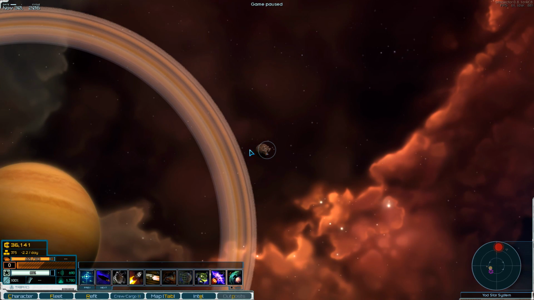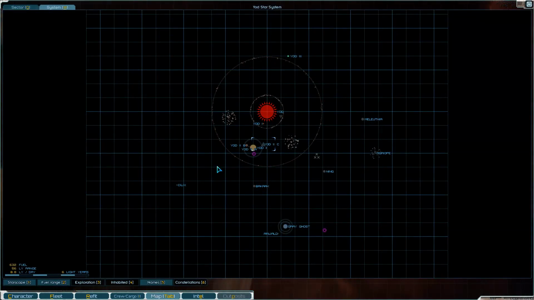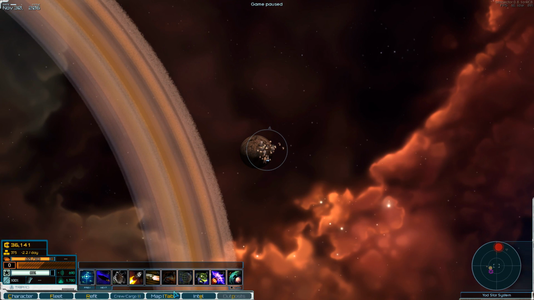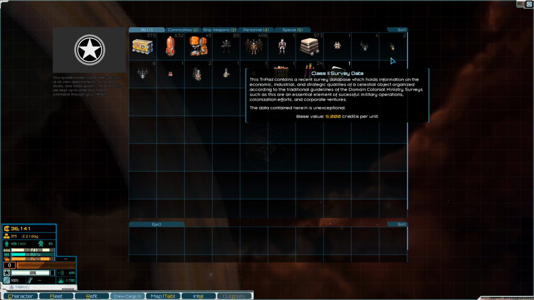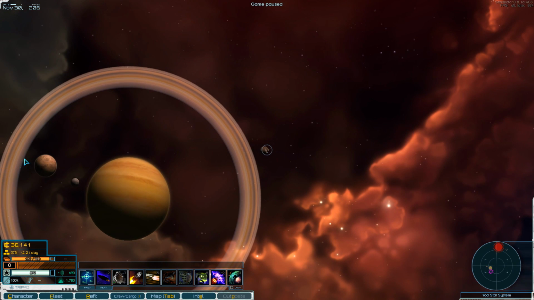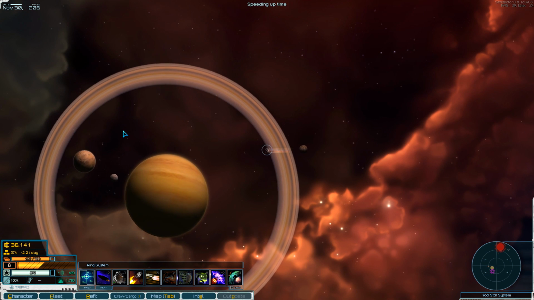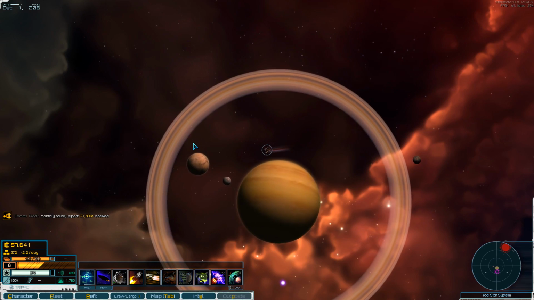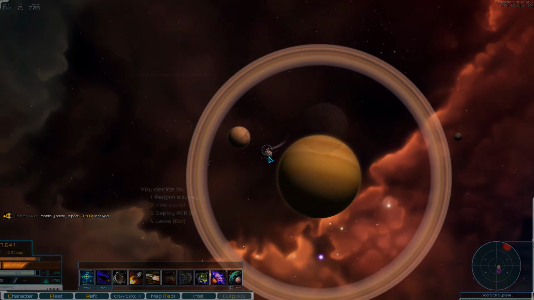So yeah, last time we got to Yod, we're doing surveying. We've switched focus now pretty much to surveying and exploration. We managed to get a Class 2 survey and some drugs from another station or a drone. Someone suggested that I survey the barren desert planet because it's got pollution on it, and the pollution might be indicative of